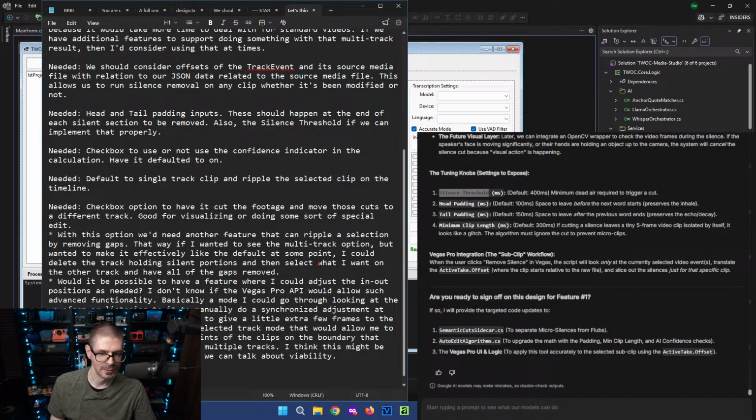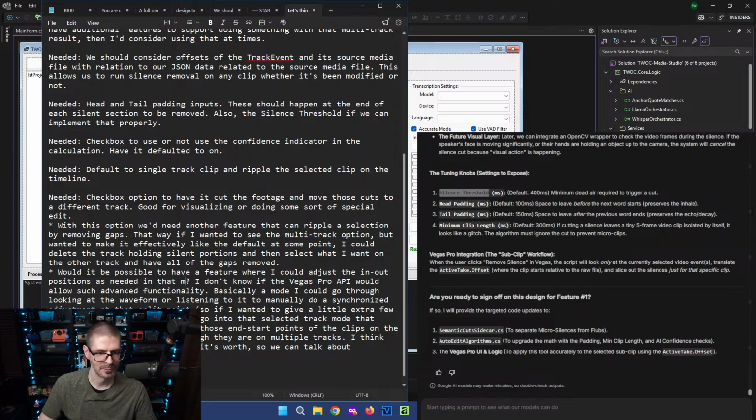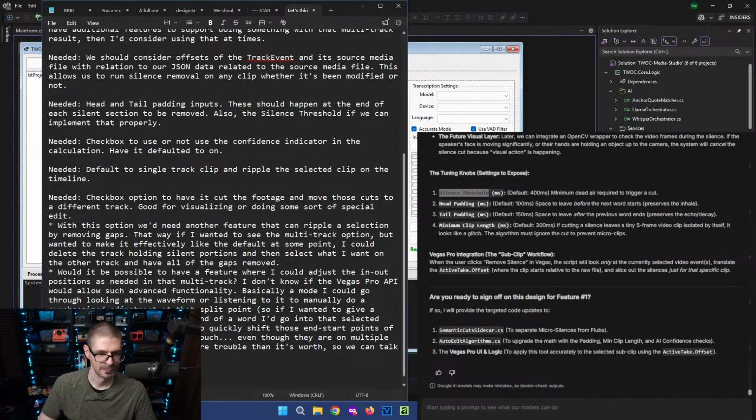And then select what I want on the other track, have all of the gaps removed. Would it be possible to have a feature where I could adjust the in-out positions as needed in that mode? I don't know if it's possible in Vegas Pro API.